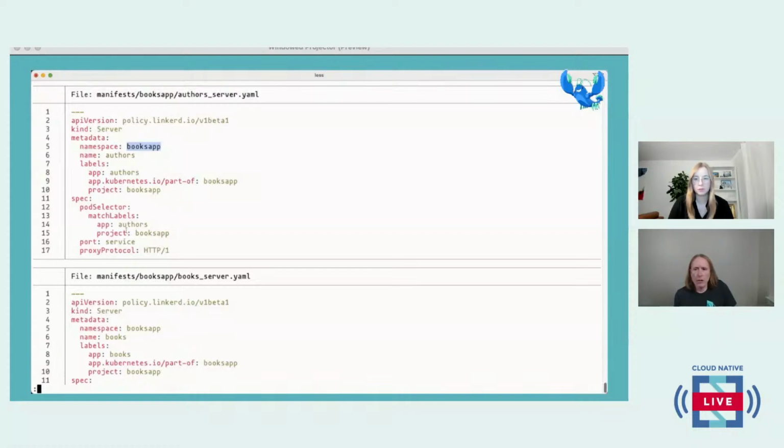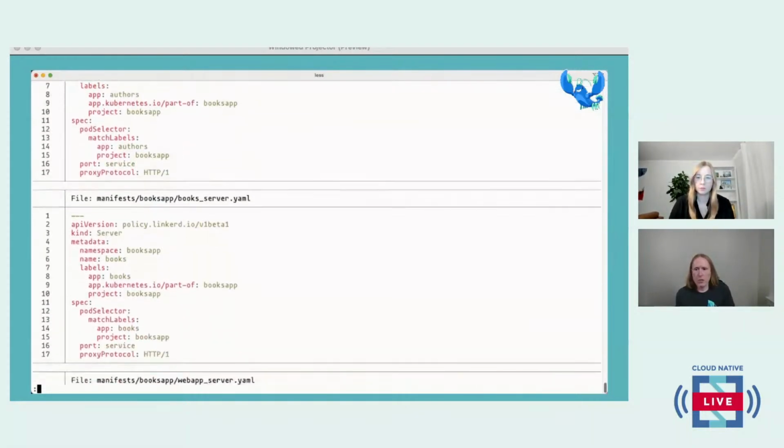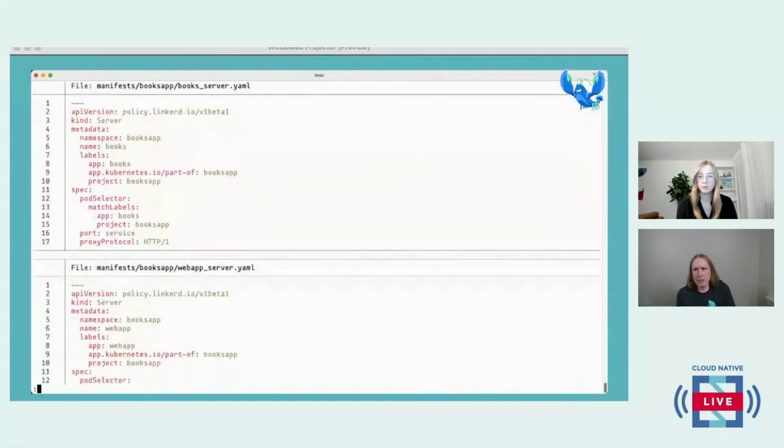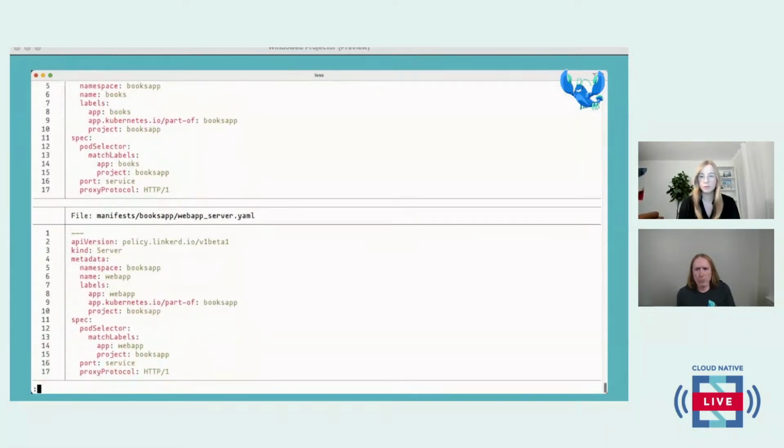And we want all of the pods that have the project Books app and app authors label on their service port. And this is using HTTP1. If we scroll on down, we see pretty much exactly the same thing for books and for the web app. Really nothing too profound about all of those.